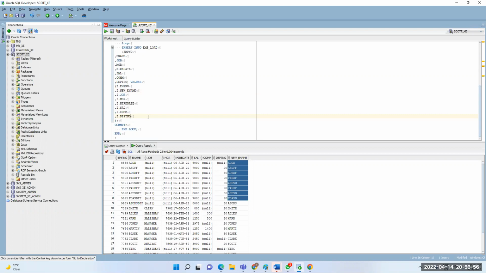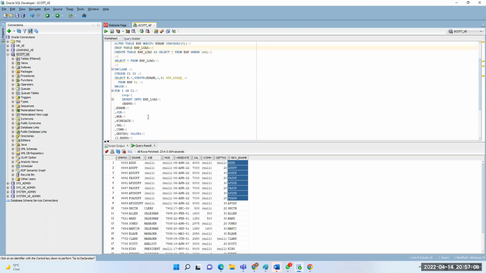I think it looks confusing. I still don't get that line, select E dot star comma. Other than that one, I understood. Why do we use that over there? E is nothing but the alias of the employee table, and dot star means all the records, all the columns. See here, this is the normal select query only. You already wrote the alias and all those things.